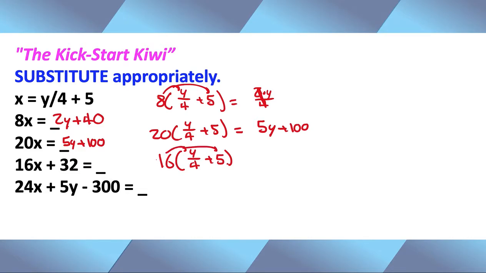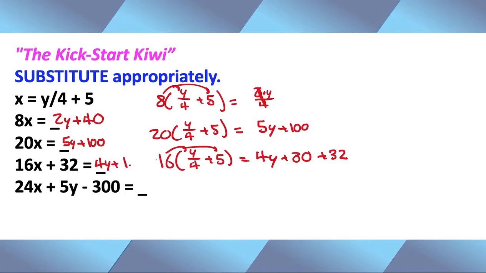16 times y over 4 is basically 16 divided by 4, which is 4. Y comes along for the ride. 16 times 5, I don't have that off the top of my head. I do now. It's 80. 16 times 5 is 80. And then don't forget to add the extra 32. So I think that's going to be 112. There we go. So we're going to have 4y